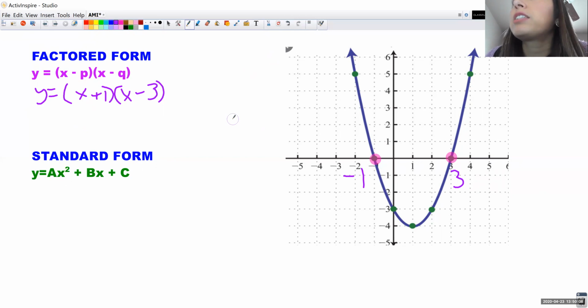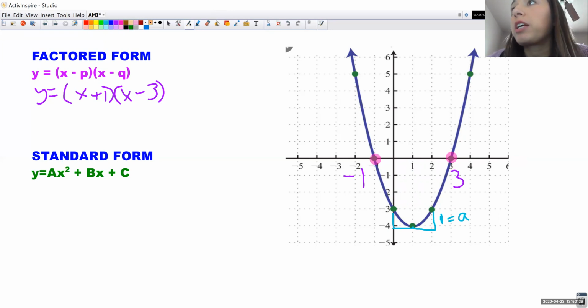And on all of these, a is 1. If you look at the graph and you go to the vertex, you go over 1 and you go up 1. You go over 1, you go up 1. And this vertical distance is your a, which is 1. Okay, so now that we figured out factored form, I'm going to figure out the standard form